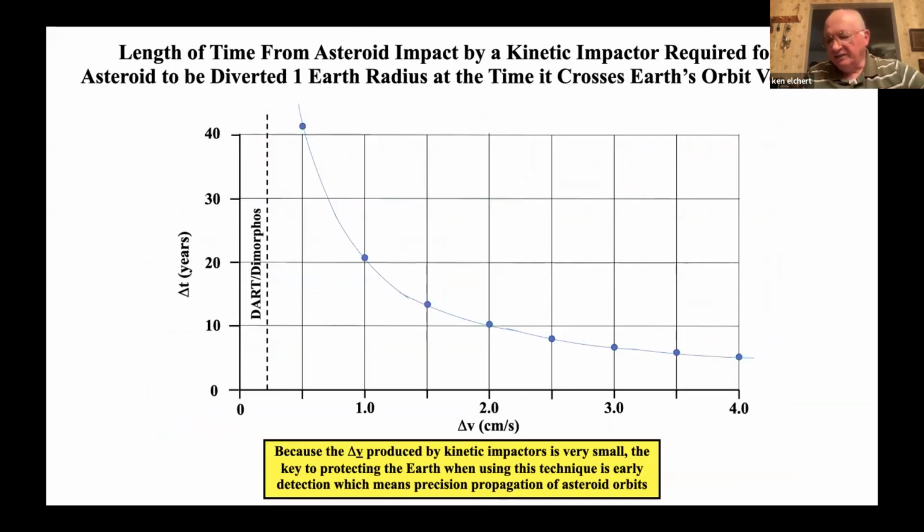And I have one final chart that I thought I'd show you here. This is the bad news. What I did was I came up with some calculations to show the length of time from the asteroid impact by a kinetic impactor that's required in order for an asteroid to be diverted 1 Earth radius at the time it crosses the Earth's orbit versus delta V. And on this plot, I show the delta V that was imparted to Dimorphos by the DART spacecraft. It's over here. Reading this, you can see that if we wanted to divert Dimorphos so it would not hit the Earth, we would have had to launch the spacecraft in enough time so that it would have gotten to Dimorphos 50 years prior to the actual encounter with the